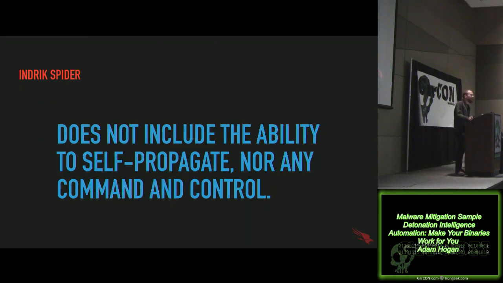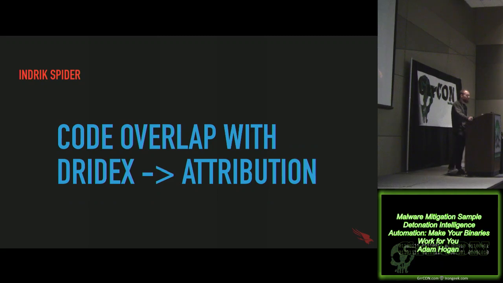But what it does not have, in stark contrast to most ransomware you may have seen in the past, is any ability to self-propagate. It doesn't have any command and control. They know exactly where they're installing it, who they're installing it on, it doesn't have to do random callback because they're really directing the installation of this in the first place, which is easy for them because they already control the DRIDEX botnet. And of course, by that code overlap, we're able to tie that back to the DRIDEX family, and of course, we call it Indrik Spider, in CrowdStrike's naming scheme.